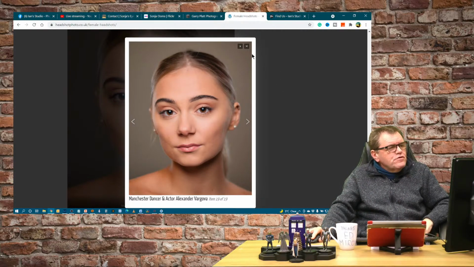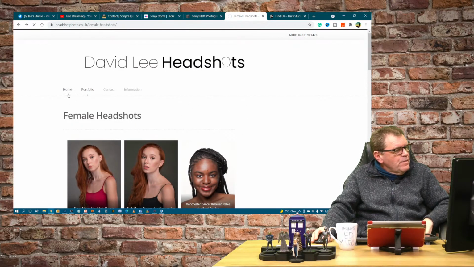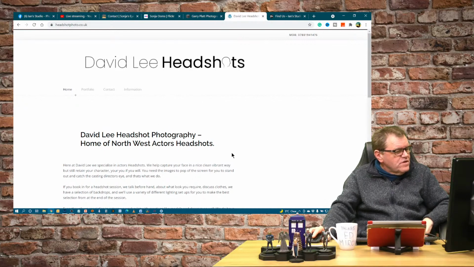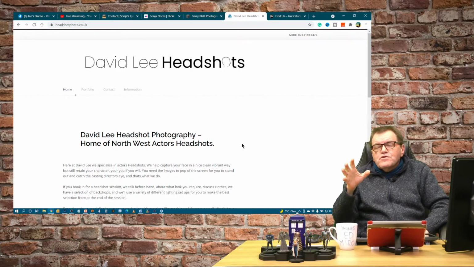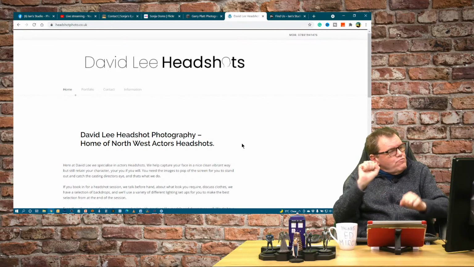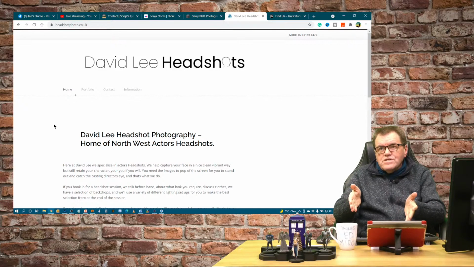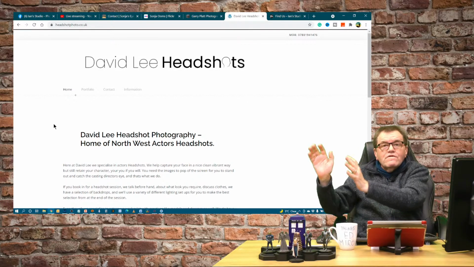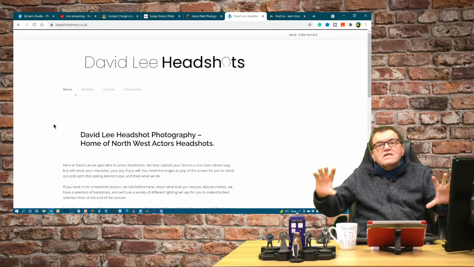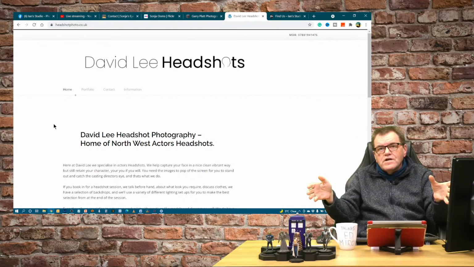Now, if you want to do more than just actors' headshots, because remember here, your home page is just talking about actors' headshots. If you're talking about business headshots as well, now that's different. Business headshots are going to want a completely different take. So maybe you have a section saying actors headshots here, business headshots here, model portfolio here, so you bring them together. They might all be under the same website, but they have their own theme to them so that the requirements are different.